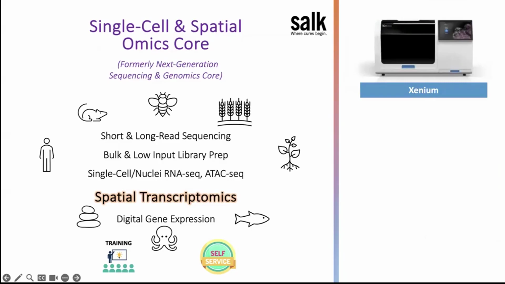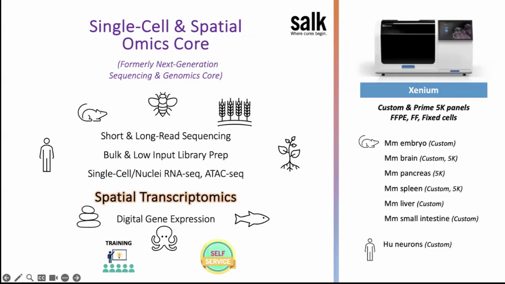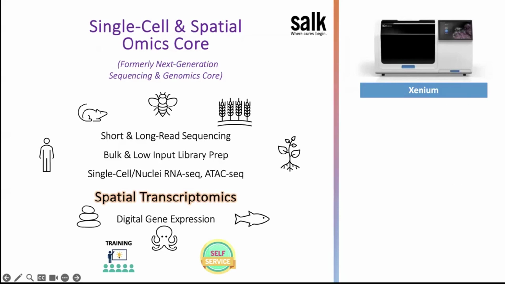So now let's go with the Xenium. So far on the Xenium, we have run custom and 5,000 panels assay. We've run FFPE samples, fresh frozen, as well as fixed cells, so human neurons. We have run mouse and human species so far. And what we like with the Xenium